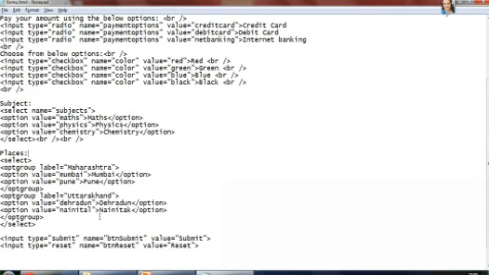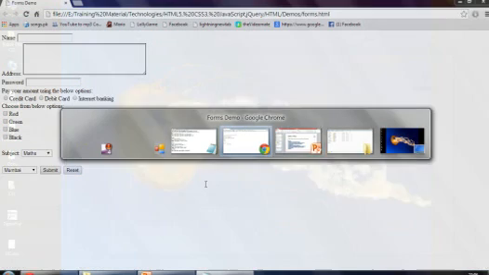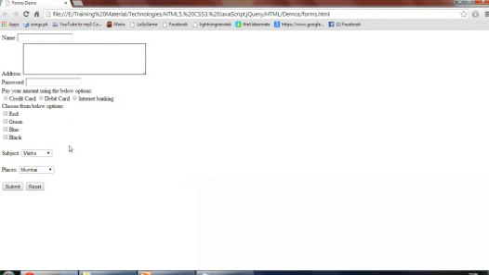So now over here I have arranged the select options. In the select you have the option optgroup, in which you can put a label and give a name over here. You will get a clear understanding of this when you see the output. So let's save it and click on refresh over here.